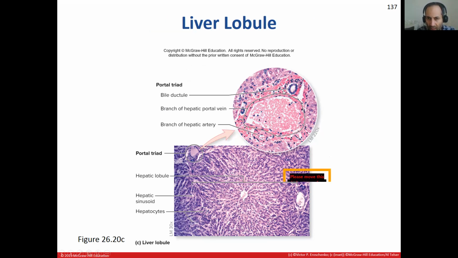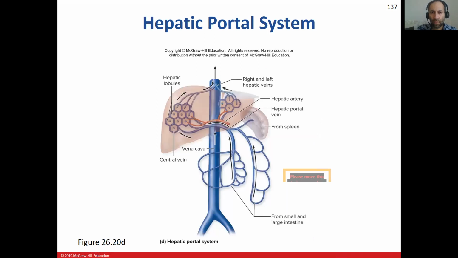And in this slide here, this view, you can actually see the bile ductule, branch of the hepatic portal vein, and the hepatic artery. Again, the portal triad is what is focused here in the liver lobule. All right, so